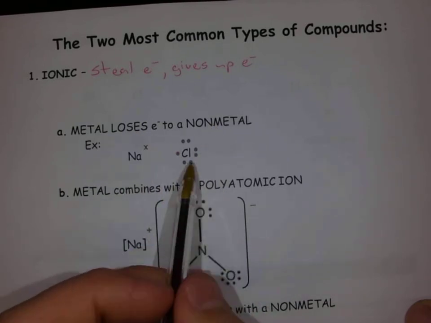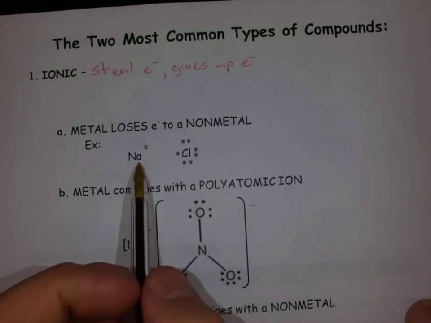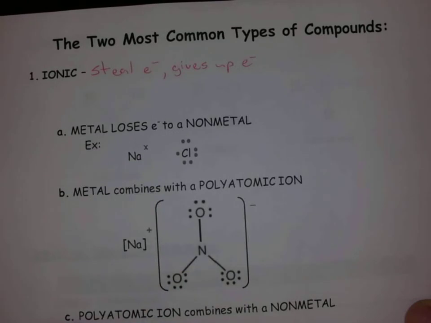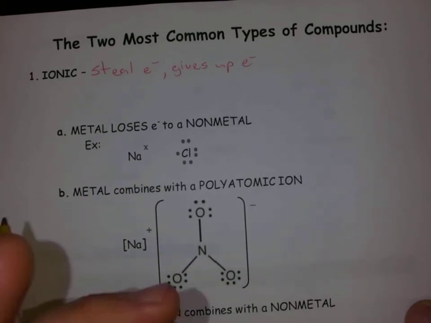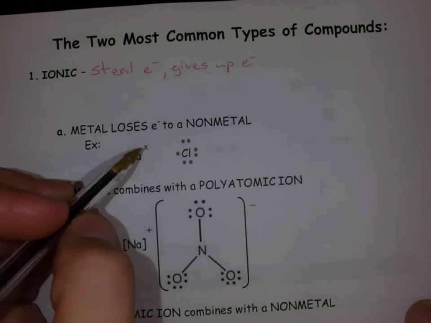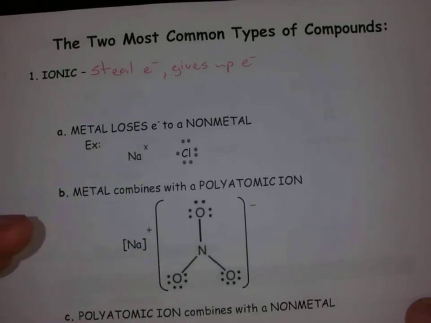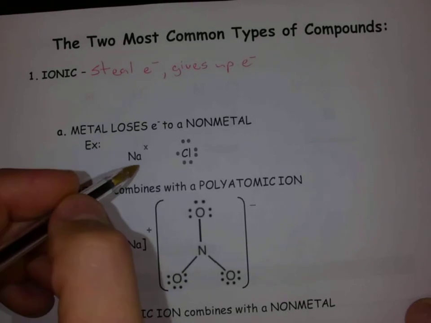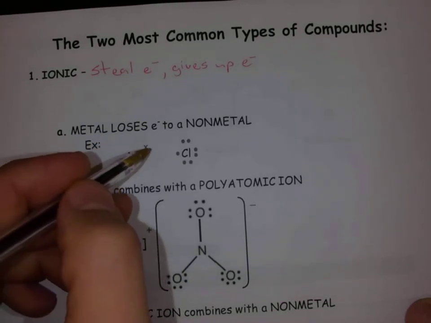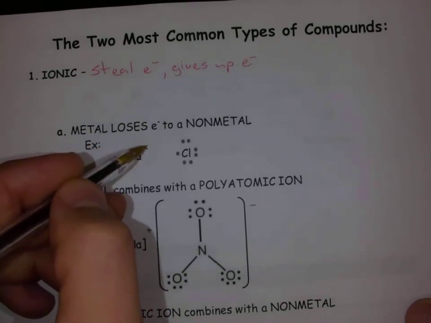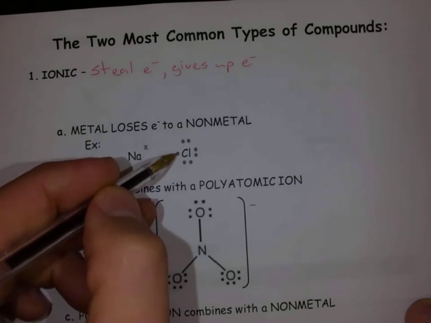So if we think about our metal here, right, sodium, it's got a really low ionization energy. It doesn't really care too much about holding on to that electron because that electron is all the way up into the 3rd energy level, and it's got a lot of electrons down in the 2nd energy level. So it's going to lose that 3rd energy level electron, the 3s1 electron,